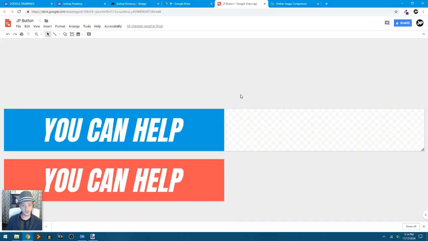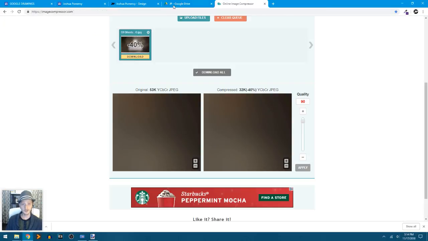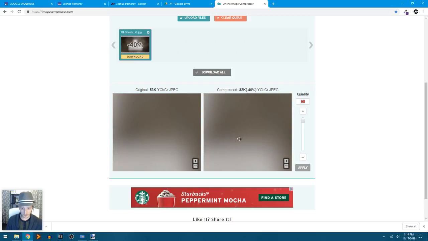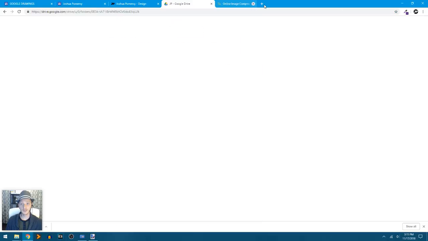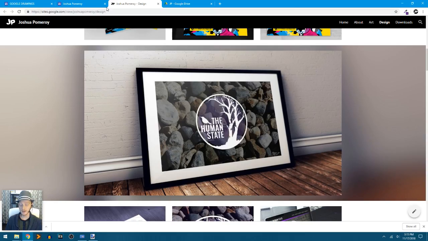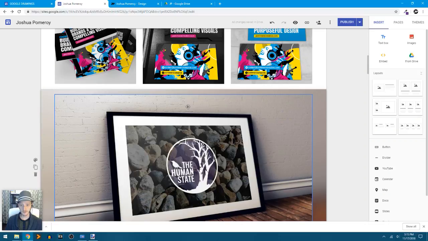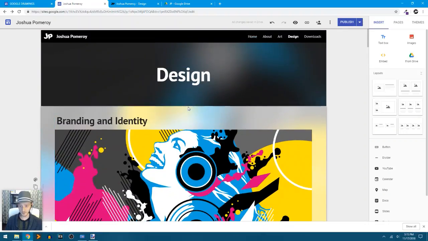So I use Google Drawings to create my custom buttons. I used imagecompressor.com to optimize my images without losing hardly any visual quality. I really like that this gives you a preview and it looks exactly the same to me. There's no visible image quality loss, but I'm shrinking the file size down quite a bit. Great free tool there. And then of course I'm using Google Sites to actually build this website, a functional website